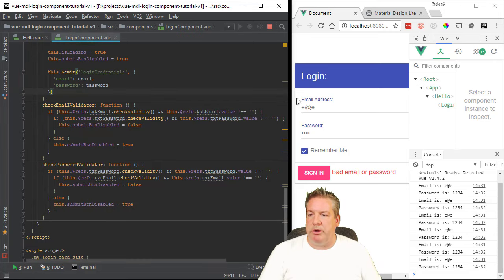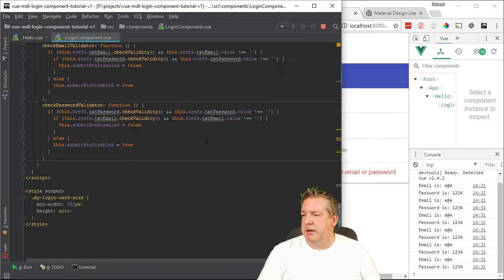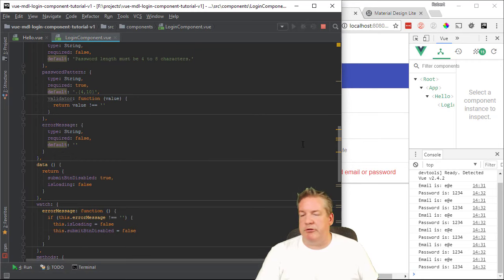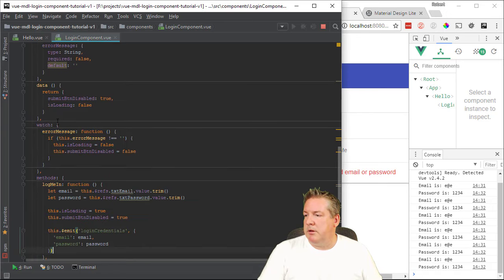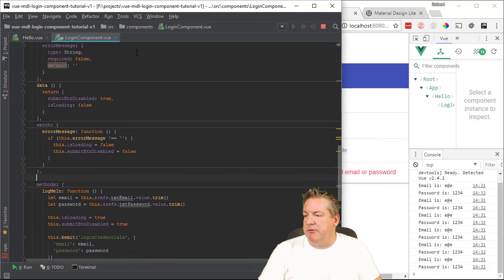So in our login component, I'm going to go ahead and give us a little more room because this is just going to be a quick cut and paste. I'm going to show you what it is. We'll go over it real quick, and that'll wrap that sucker up. So in our login component, we need a mounted function. I think we'll do a mounted function right after the watch. So mounted,